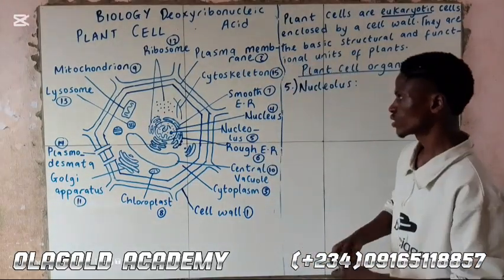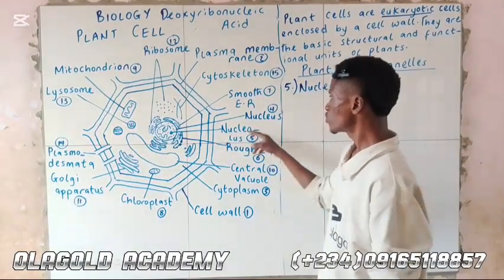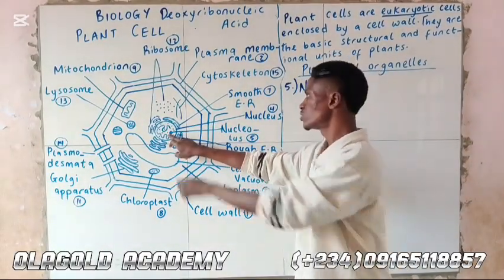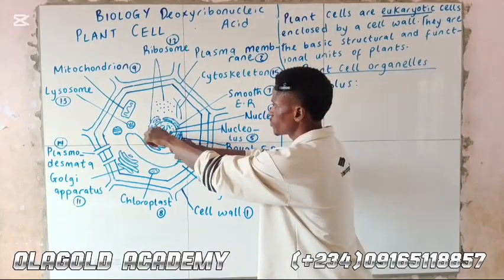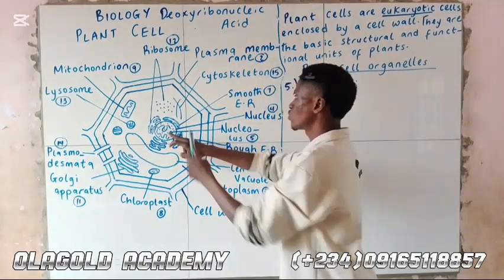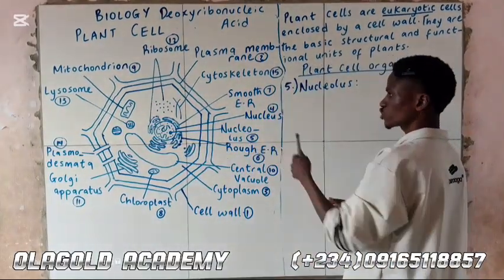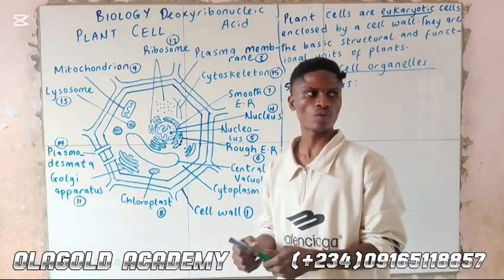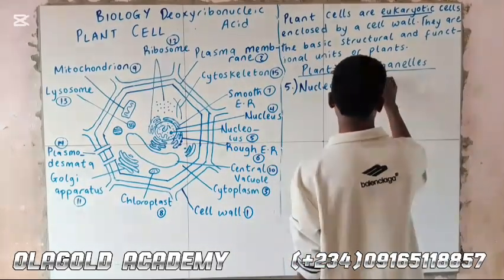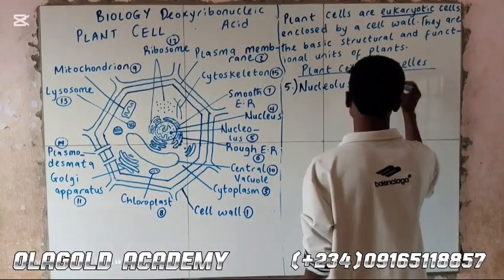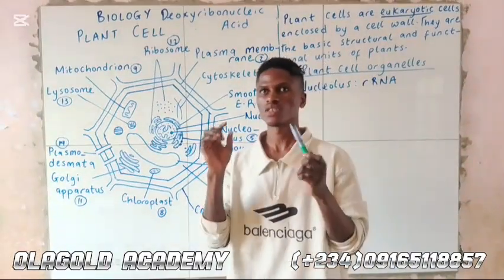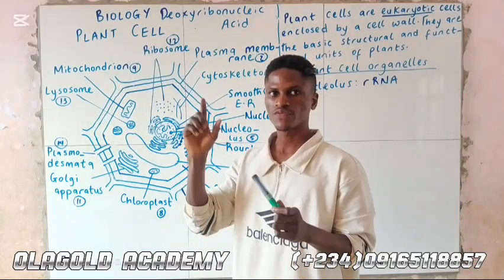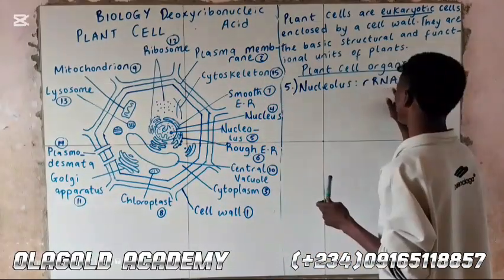The nucleolus. Now, this is the nucleolus. The nucleolus is present inside the nucleus. Now this nucleolus is responsible for the production of what we call the rRNA. I repeat, the nucleolus is responsible for the production of what we refer to as the rRNA, and the